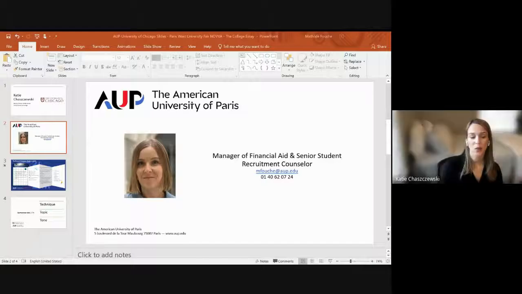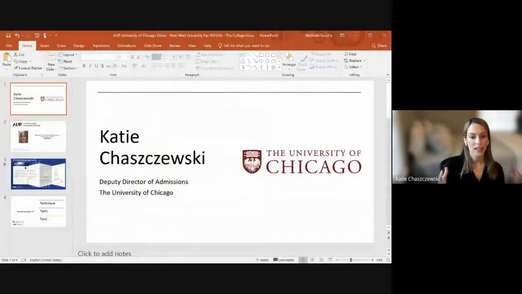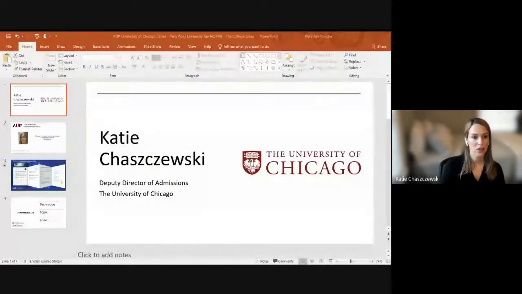We talk about the US college essay and personal statement, starting by introducing the process of holistic review and what that looks like in a US application process. When we look at the US application process, it is much more about getting to know the entire application and the entire student than it is simply about grades and testing. Those are important components of our application, but they are not the only component.